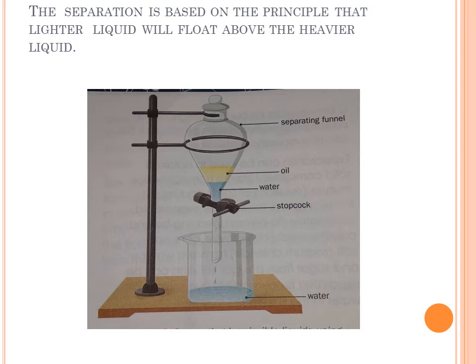When the stopper of the funnel is opened, the heavier liquid trickles out slowly and is collected in a vessel. The stopper is closed when the lower layer is entirely removed from the funnel. In this way, the two liquids, kerosene and water, are separated. A mixture of carbon tetrachloride and water can also be separated by this method, in which water forms the upper layer.